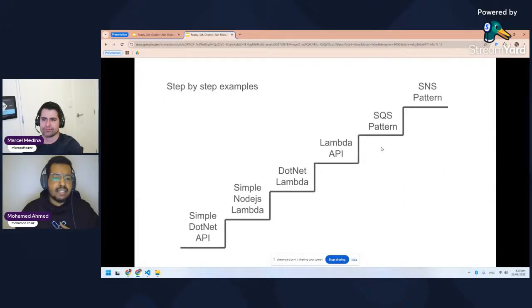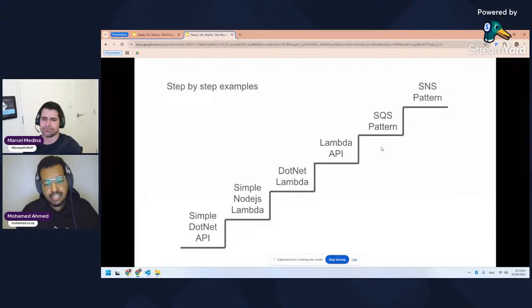So let's jump in. Today is all about the learning that we could have in AWS, and how we can build a microservice in AWS from scratch. How we can get to an advanced level very quickly. So today we'll start with very simple examples, and I will dive into a little bit more details in the simpler examples,